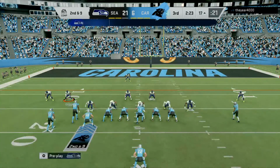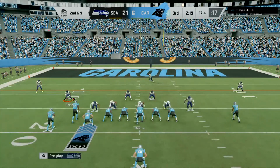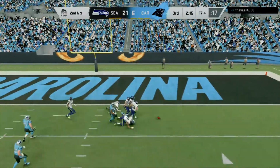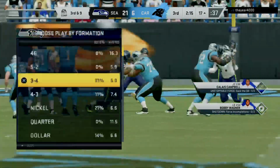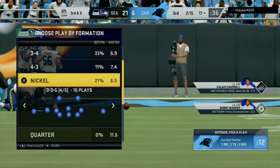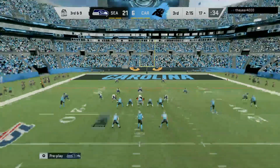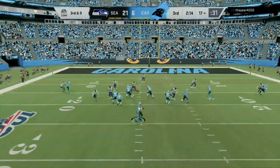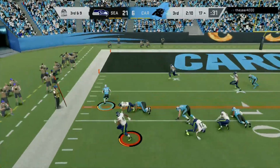56. Check 56. Check right. To throw again on second down. Newton. And that going to be incomplete. A lot of contact, no call, and it's third down. Once you get into the red zone and the safeties have less ground to cover, you'd better be quick with your delivery. Not much space to get a ball in there. Yeah, when that field shrinks with those safeties, it's almost like there's a couple extra defenders out there, right? It certainly is. They end up taking up extra space just because there's not...